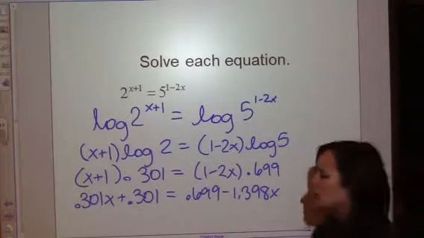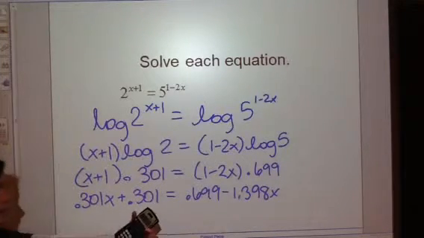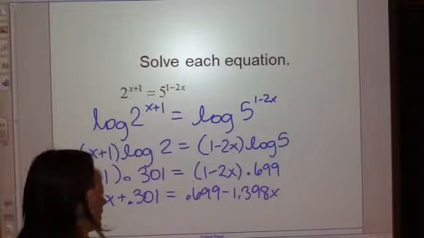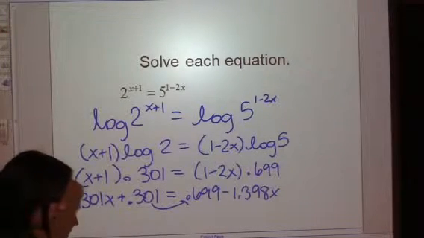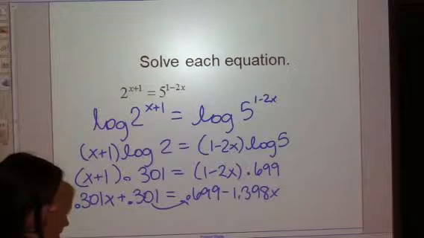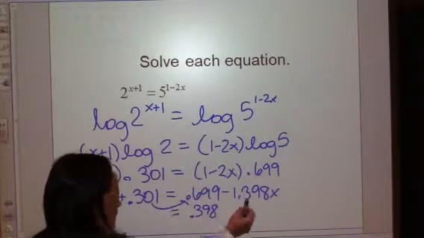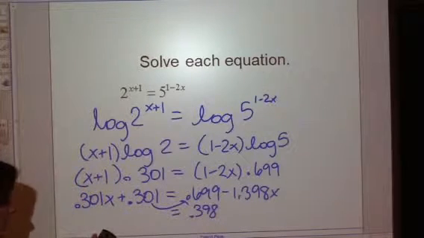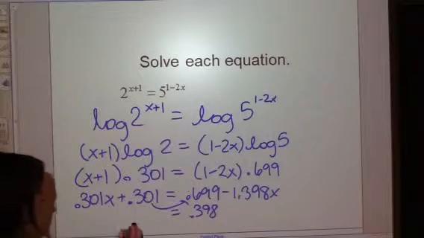So we have decimals, but we can work with it. We're going to move our x's to the left and our numbers to the right. So if I move this over here, 0.699 minus 0.301 is 0.398. And if I move my x to the other side, 1.398 plus 0.301, I get